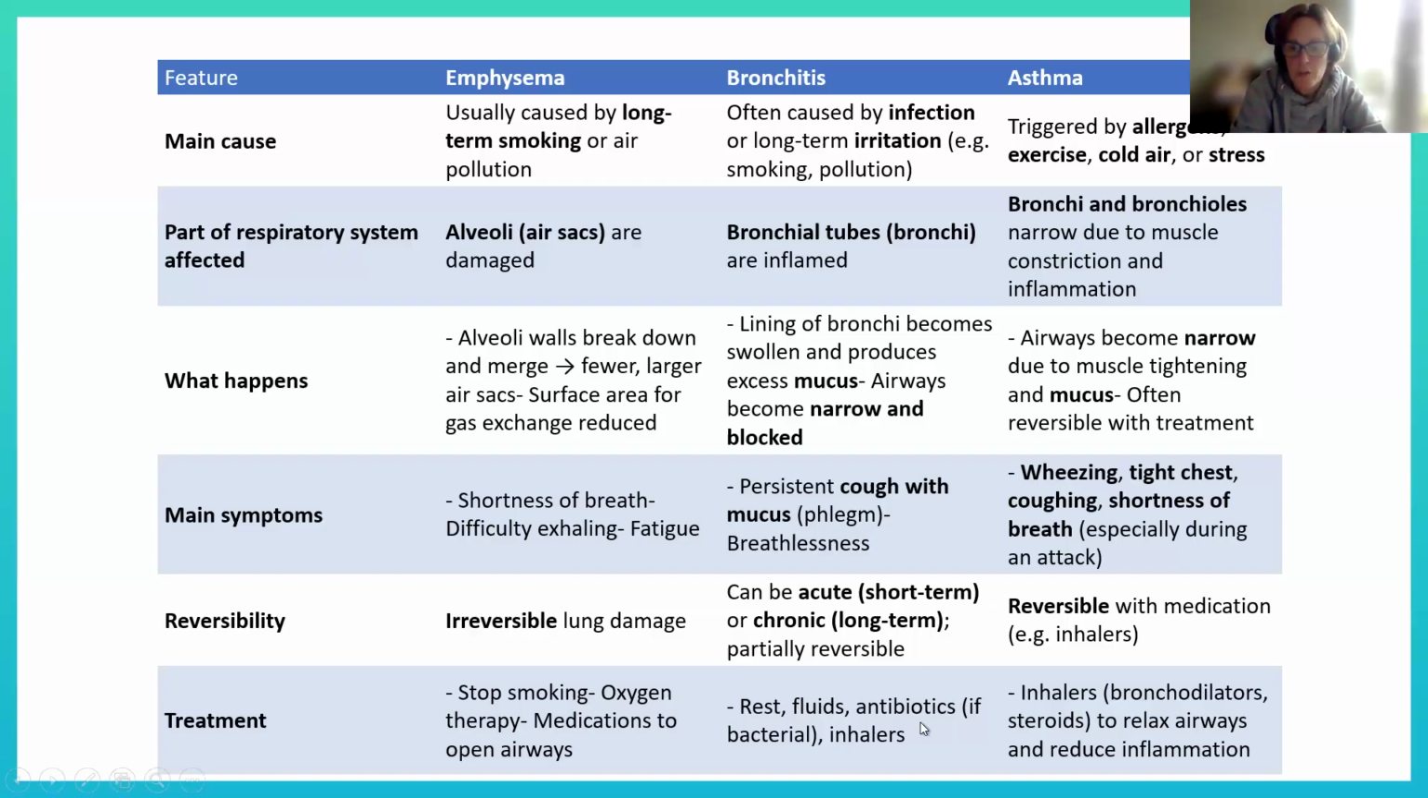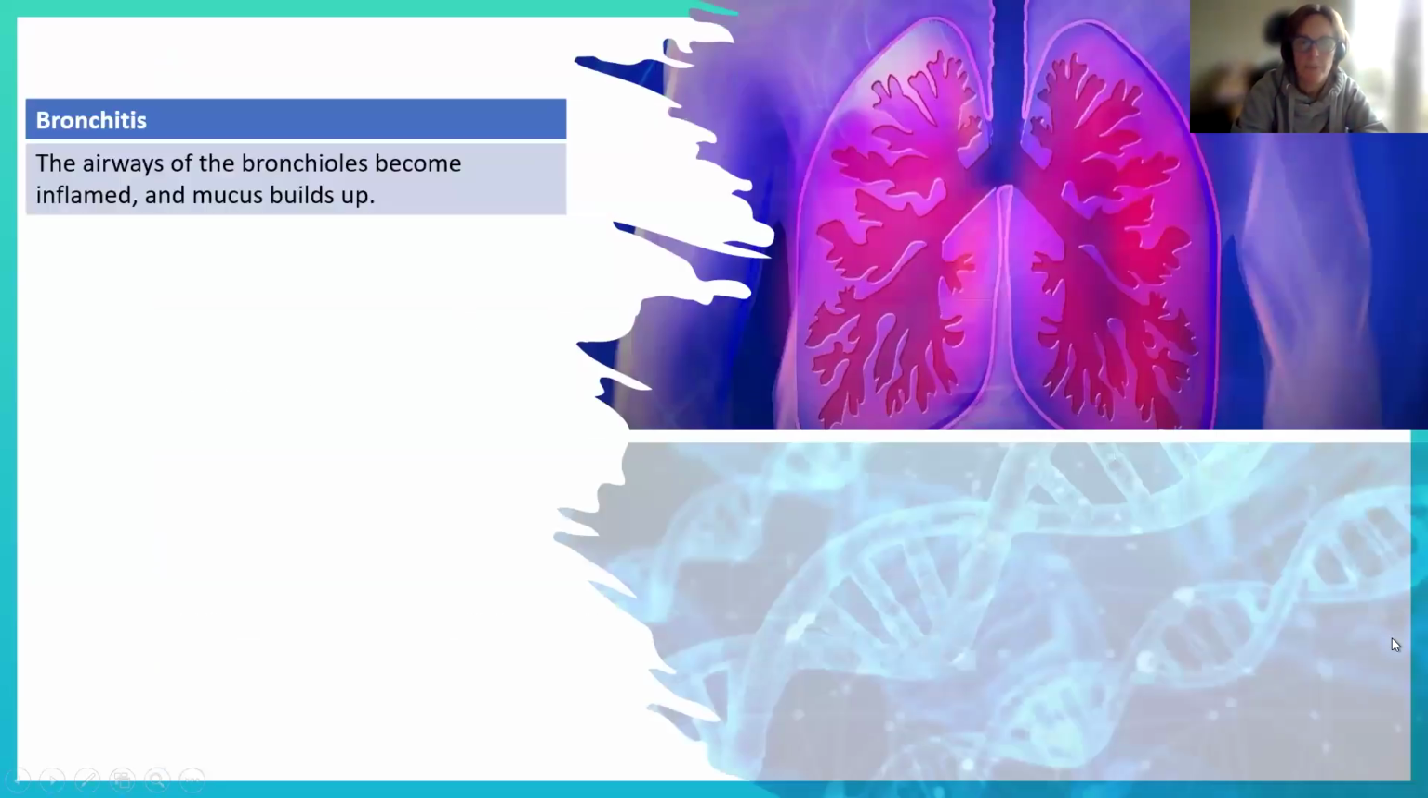Bronchitis, if it's an infection, you can sort it out with antibiotics. Inhalers will help because they help increase the diameter of those tubes. And with asthma, you can use inhalers to help increase the diameter, and also you need medication to reduce the inflammation. So